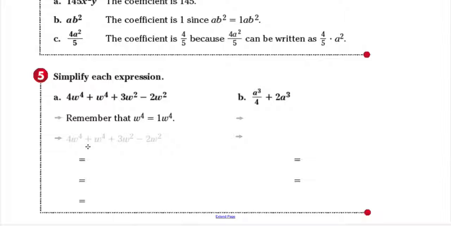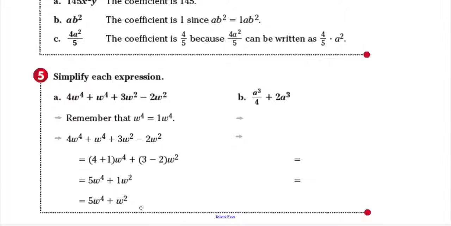So this will be equal to, using the distributive property, the quantity 4 plus 1 times w to the fourth, and again using the distributive property, the quantity 3 minus 2 times w squared. We end up with 5w to the fourth minus 1w squared, or simplify that further, take that 1 out of there,